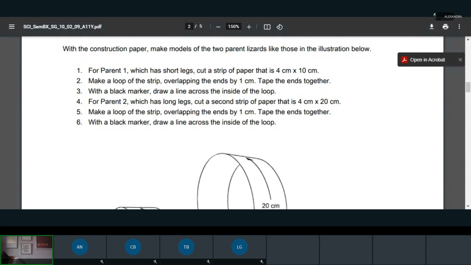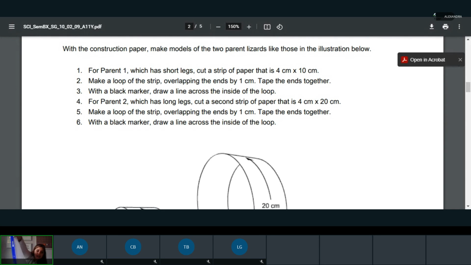Let me get a new one for you so I can show you what I'm doing. Take the edge of your paper, and I want you to measure. We're doing 10 centimeters first. So taking your ruler, making sure you're lining it up with the edge, not the edge of the ruler, but where the first line is. And you're going to measure 10 centimeters. Okay, so 10 centimeters down the page is okay.